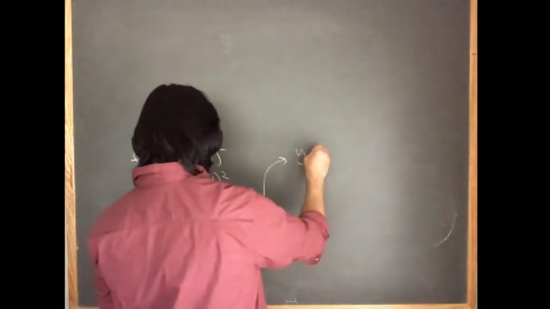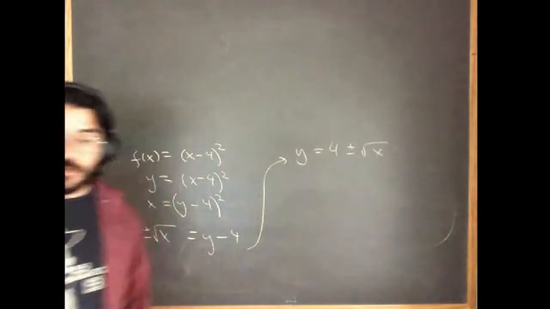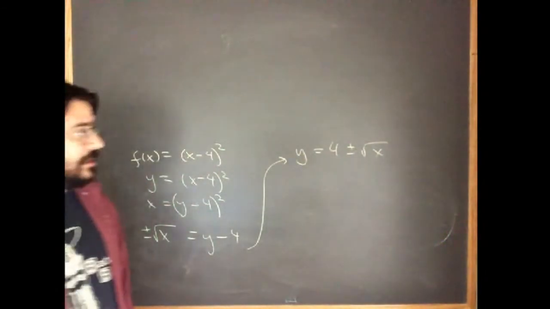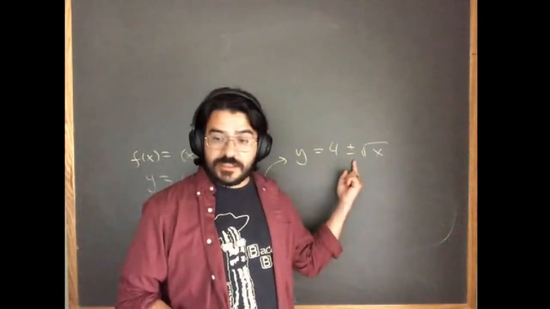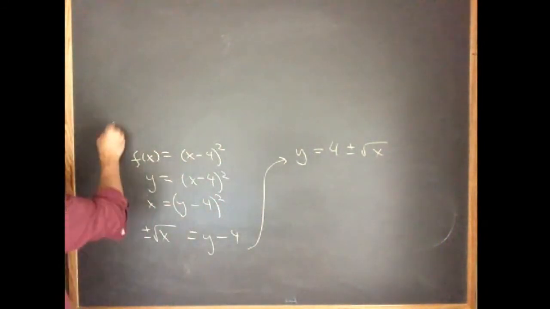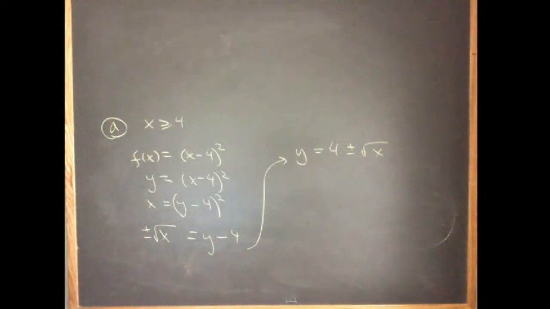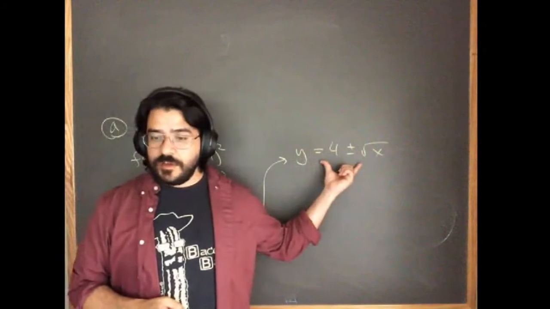And if I add 4 to both sides, I get y is equal to 4 plus or minus the square root of x. And this is not a function, right? Because if I plug in a value of x, I don't know if I should keep the positive or the negative. Okay, and this is where, in part A, the fact that x is bigger than or equal to 4 is going to play a role. Okay, so which of these should I keep if I want